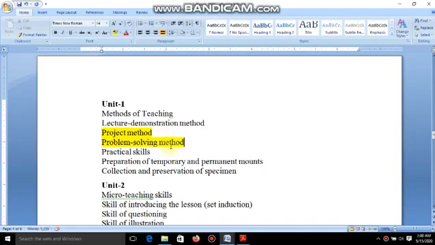Lots of similarities even in the methodologies are there, but especially for implementation, adopting this project method as a teaching method, problem solving method as a teaching method, to understand this for the purpose of the classroom, we have to be very careful. At the same time, we have to appreciate that these two methods